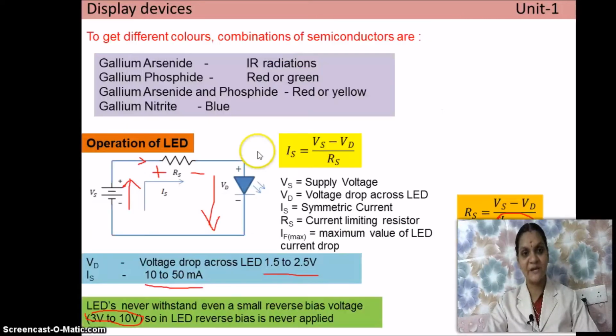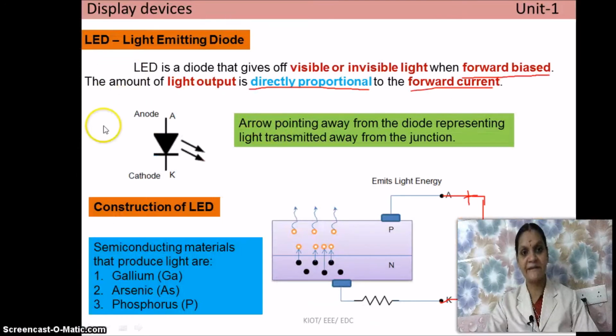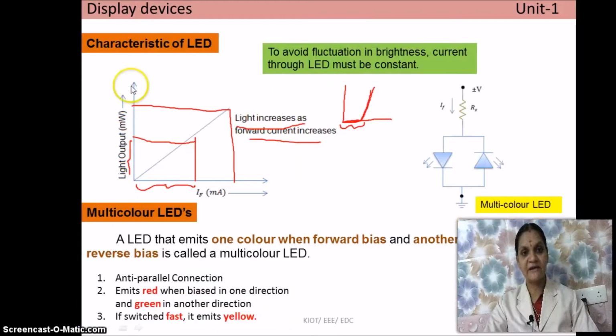So while explaining the LED, you have to explain what is LED and construction of LED, and then operation of LED and characteristics of LED. Got it? So LED works under what process? Diffusion process. Due to the diffusion of electrons from higher concentration region towards the lower concentration region, while the electrons are moving, recombination takes place. So during recombination, some amount of energy gets dissipated. In LED, the energy dissipated is in the form of photons.